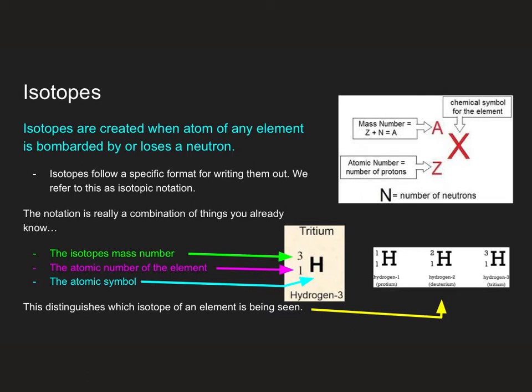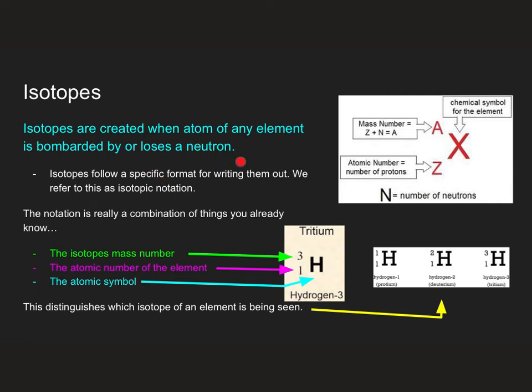So next up is isotopes. Isotopes, again, are basically an atom that has a different number of neutrons. So a lot of times you have the element that's been bombarded by loose neutrons because any of the subatomic particles can exist outside of an atom. However, a proton by itself is just considered a cation of hydrogen. But anyway,